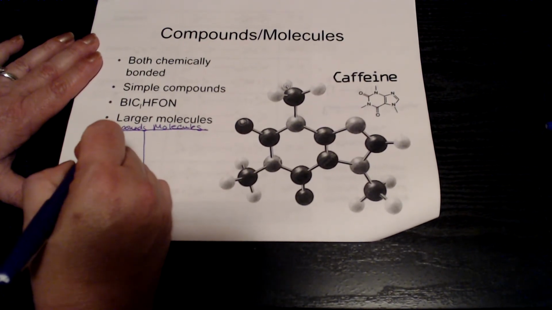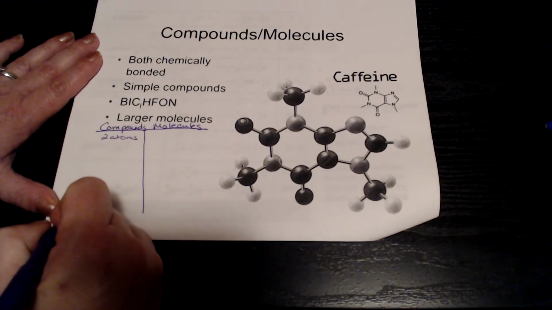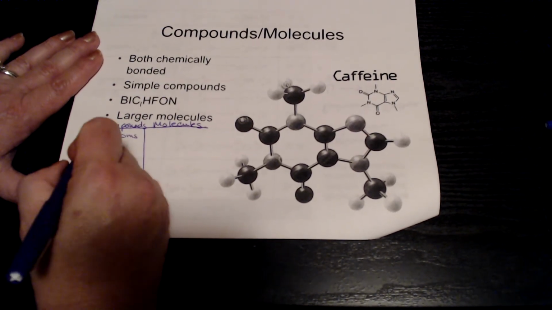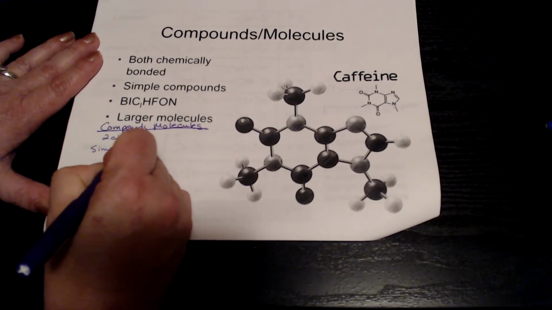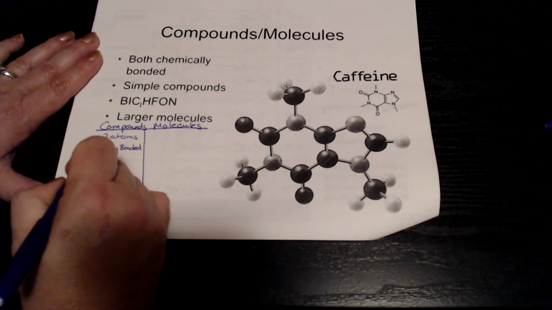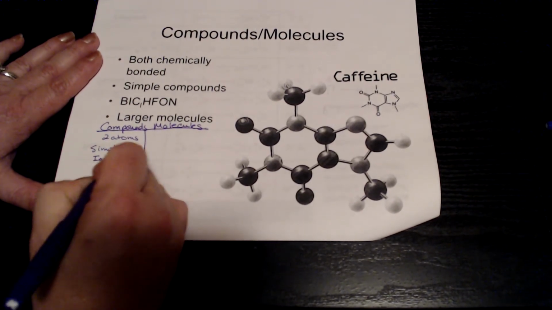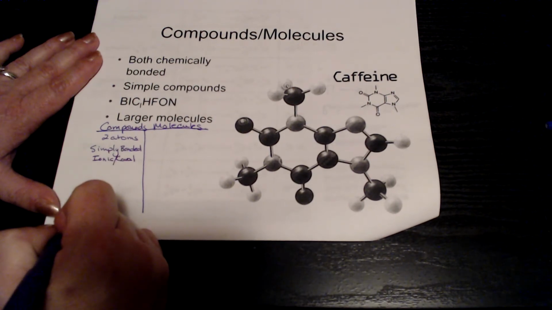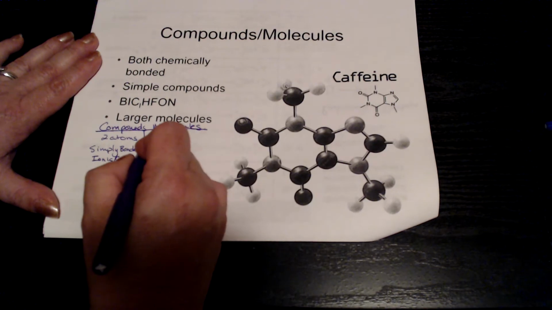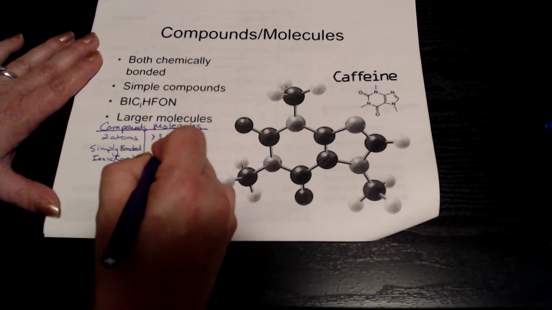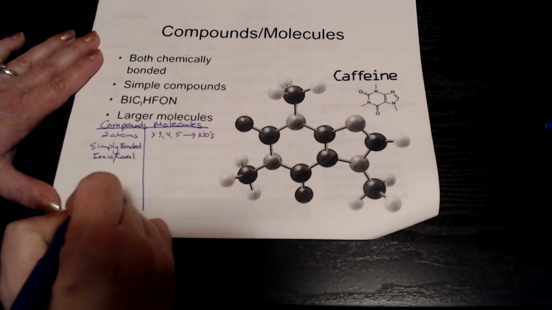Compounds, you're typically looking at 2 atoms. They're usually simply bonded. Most of the time ionic, sometimes covalent. Molecules, on the other hand, you'll have greater than 3, 4, 5, all the way to the hundreds of atoms involved,